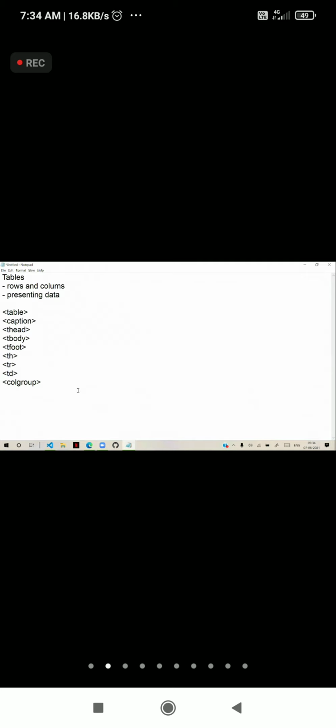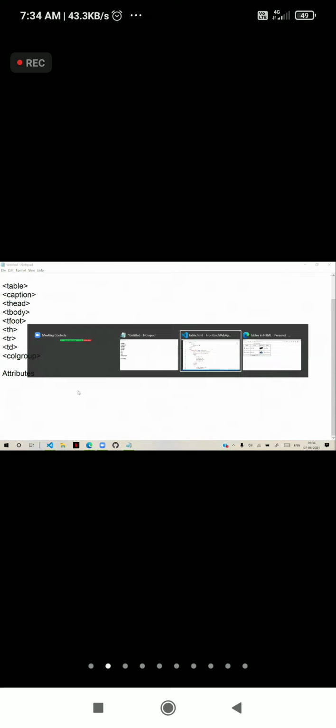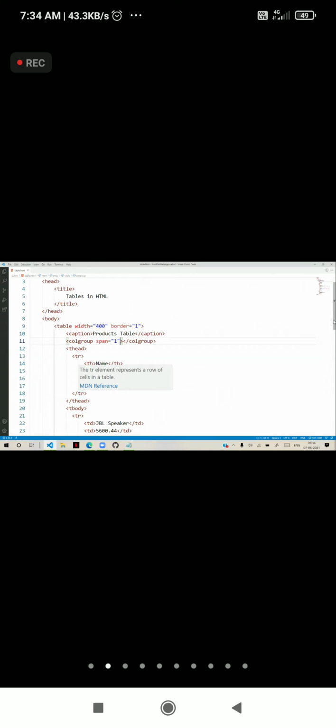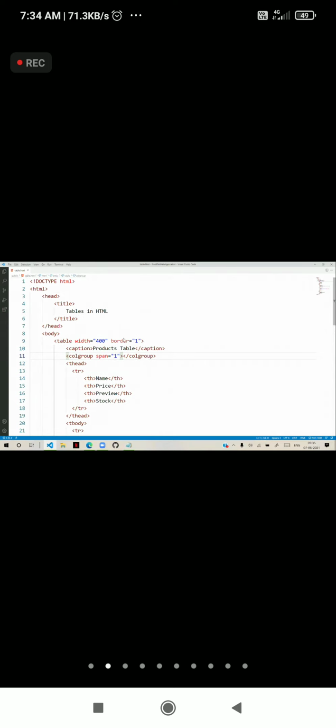Now, in order to present them, we need some attributes. Table has a lot of attributes. As of now, you can see I am just giving some attributes, width and border, but table has a lot of attributes.